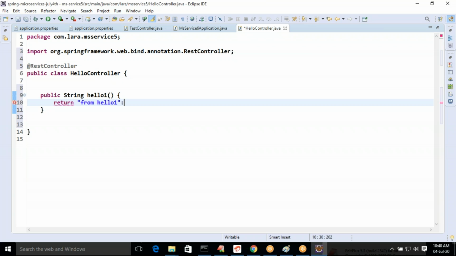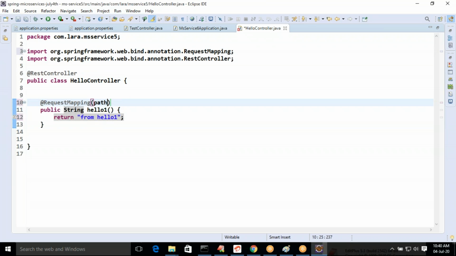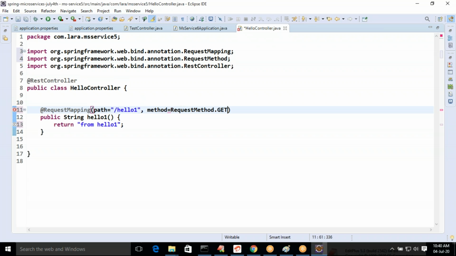Just mentioning hello one. Request mapping, path is equal to slash, let's go for hello one. Method is equal to get.